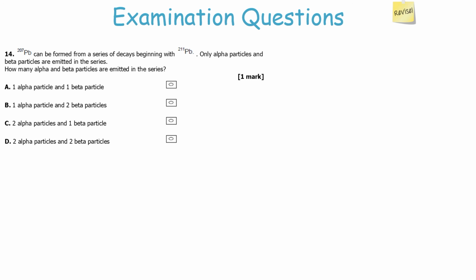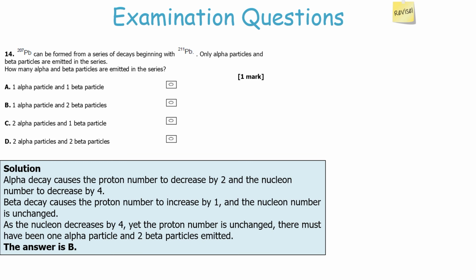Right, so you've got to be aware of how the nucleon number and the proton number changes with the emission of alpha and beta. So alpha decay causes the proton number to decrease by 2 and the nucleon number to decrease by 4, whilst beta decay causes the proton number to increase by 1 and the nucleon number is unchanged. Now, it's important to note that we know that the proton number is unchanged in this situation, even though it's not stated, because it's the same element, so it must have the same number of protons, but the nucleon number